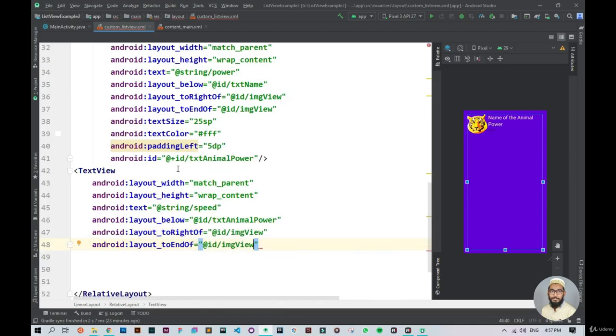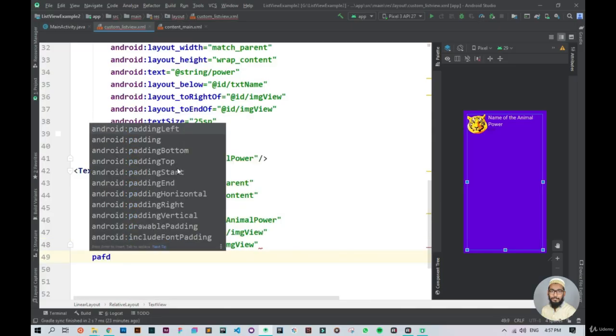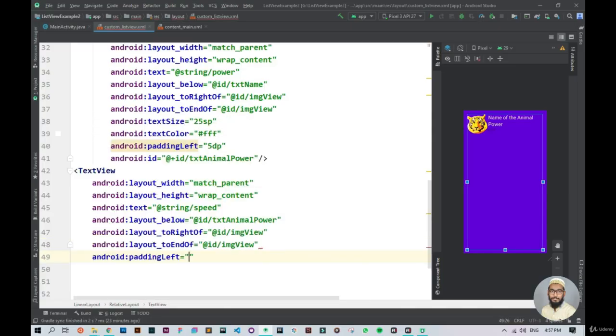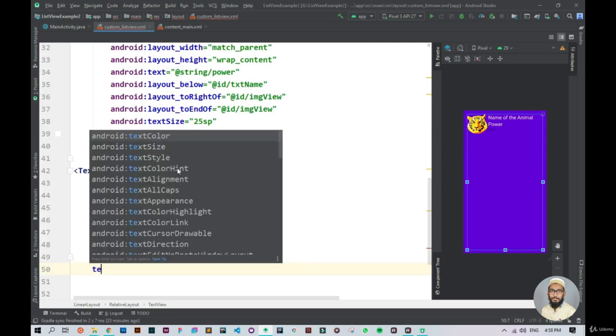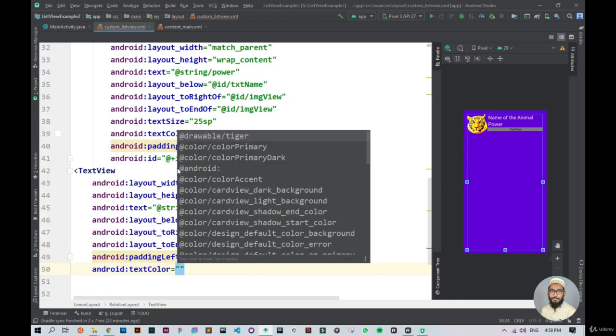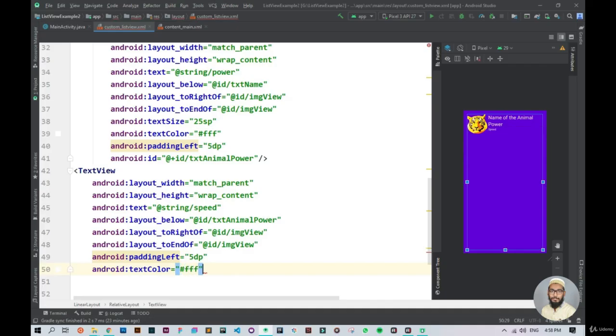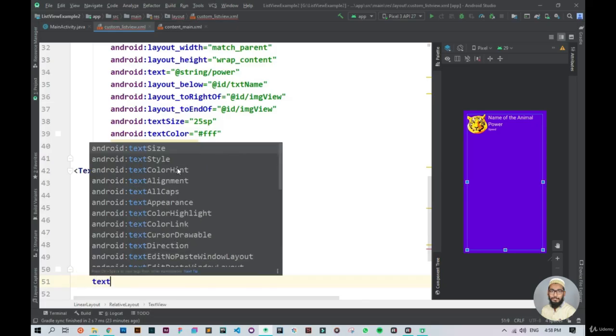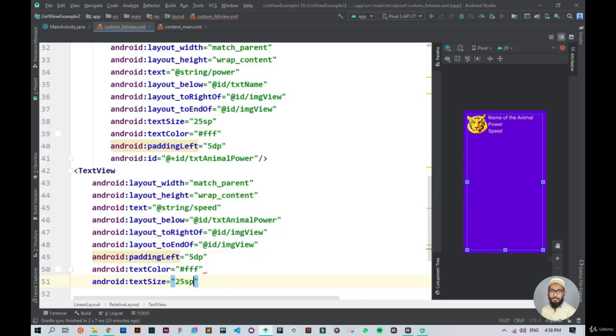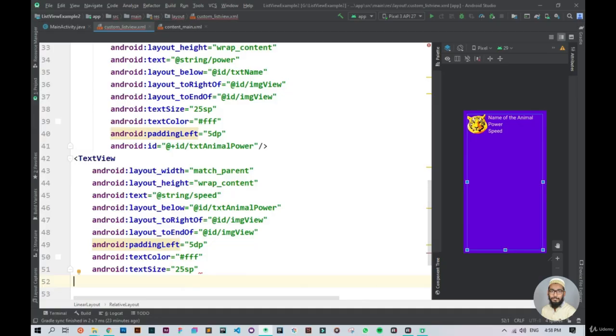Okay, so now let's just add some padding value as well. So I'll say padding to the left to be 5 dp. Okay, so now let's just change the text size and color. So I'll say text color to be white, and now I want the text size to be 25 dp as well. So I'll say text size to be 25 sp. Okay, so now let's just put the ending angular bracket, closing the angular bracket here, and now we are done with